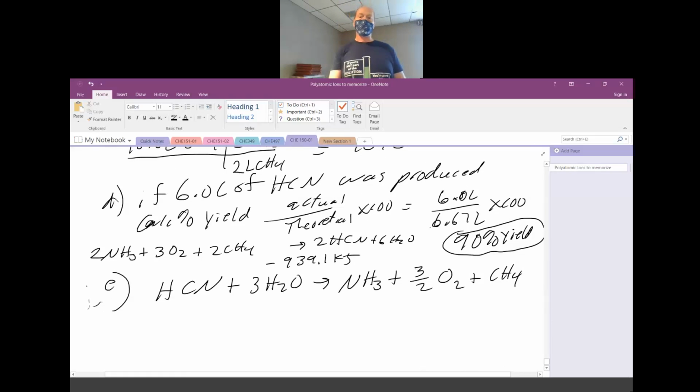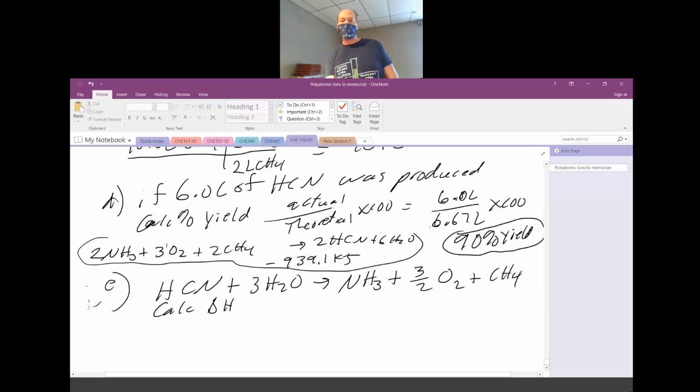All right, so the question here is, I then manipulated this reaction and I say calculate delta H. So you have to see what has changed from the reaction here to the reaction here. You should see that the reaction has been reversed. My reactants are now my products and my products are now my reactants. So I reversed the reaction, which means I have to change the sign of delta H. So instead of negative 939.1 kilojoules, I changed the sign when you reverse the reaction. So now it is a positive